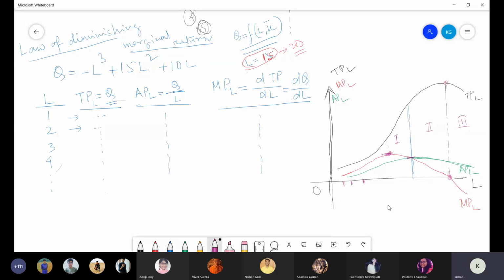Output is increasing on an average rate. Average cost of production is decreasing, because, I am yet to explain it, but what is the equation for average cost? Total cost divided by Q. Q is increasing, denominator is increasing, total cost is increasing. I assume that at a constant rate. Constant rate means suppose labor I am hiring from labor market at fixed rate. So at a particular proportionate rate, it is increasing, but denominator output is increasing at a much higher rate. So ultimately, average cost is decreasing.